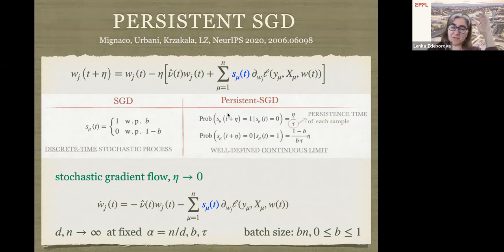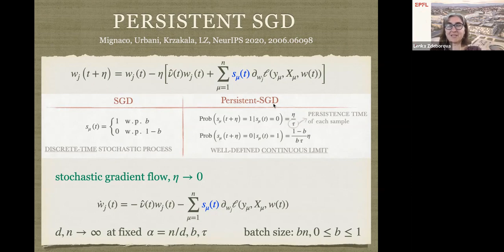So the trouble is that if we want the flow limit of the stochastic gradient descent, then it is well known that for the vanilla stochastic gradient descent, the flow limit is just back the gradient descent. So in a sense it's not interesting, it's trivial. So we needed a version of stochastic gradient descent where we would keep both the stochasticity and the flow limit to be non-trivial, in the sense different from the gradient descent. So in order to get that, we introduce what we call persistent stochastic gradient descent.